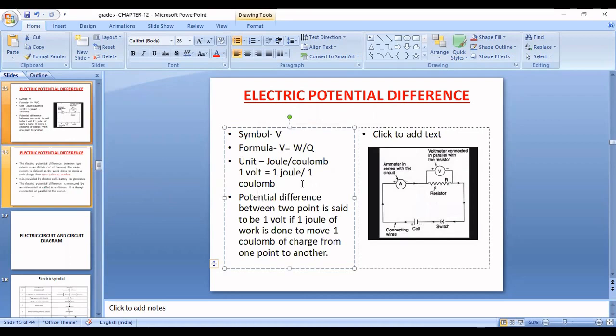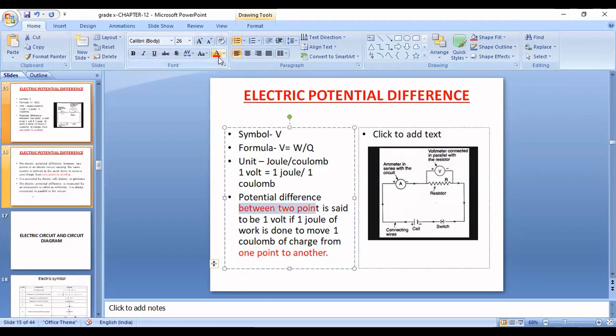तो अभी देखिए यहाँ पर हम इसको अगर डिफाइन करना चाहें कि what is 1 volt, so we can also define the 1 volt, similar to the electric potential. 1 volt is what? The potential difference between 2 points is said to be 1 volt if 1 joule of work is done to move 1 coulomb of charge from one point to another. So this you have to note down, that we are bringing the charge from one point to another point, right? It is always calculated between 2 points.